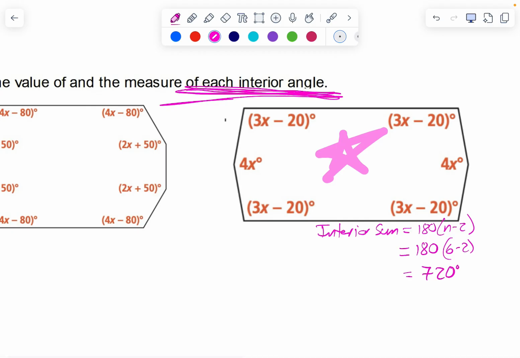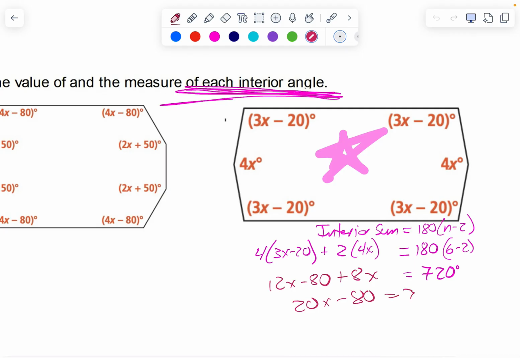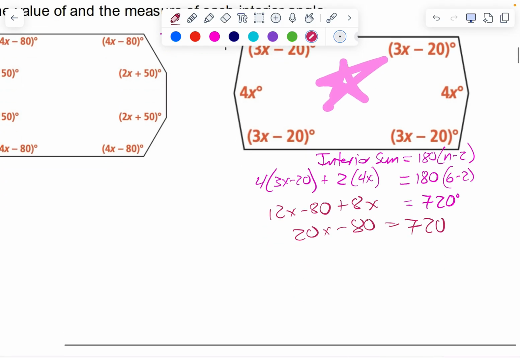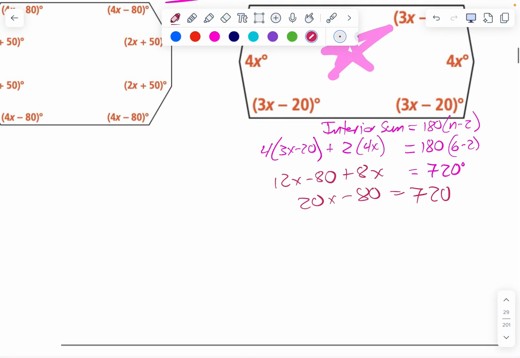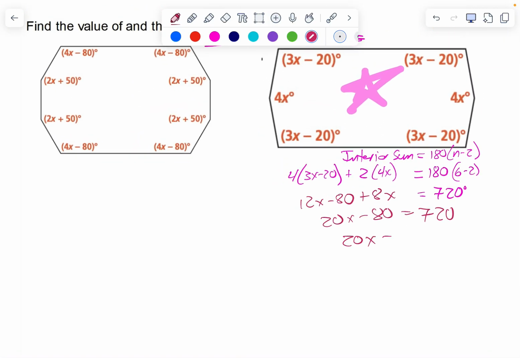Yep, 720. Okay, so I see 4 of a similar version of angle and 2 of a similar version of angle. So to shorten this a little, you can just write 4 times 3x plus 20, plus 2 times 4x. Saves you a little writing for sure. And then just distribute, combine. Add, divide,